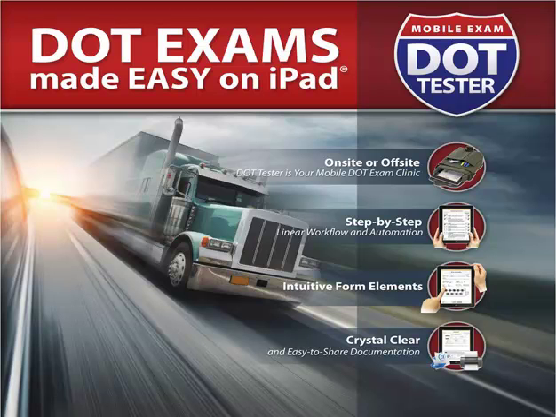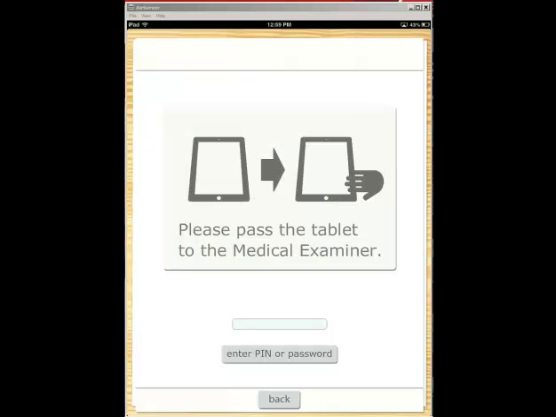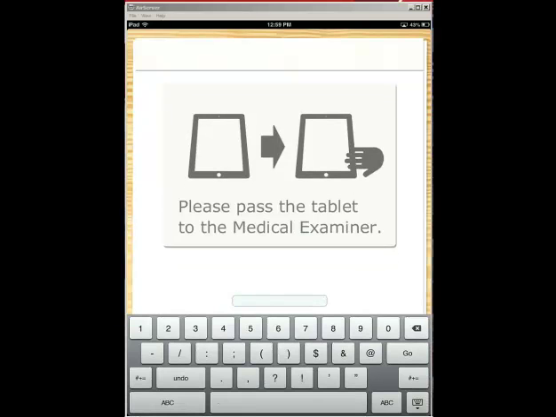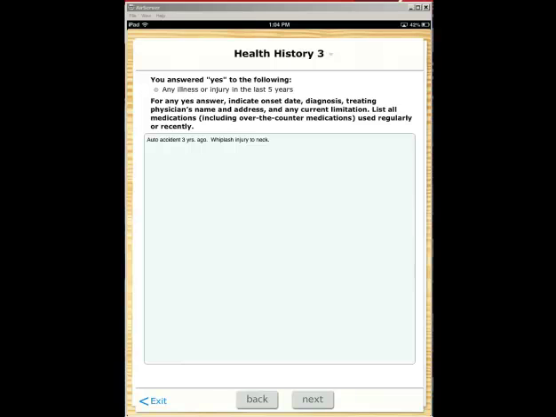Let's begin at the section where the driver has finished their intake and has handed the iPad over to you to complete your section of the exam. When the driver has finished the questionnaire, he'll be prompted to pass the tablet over to the medical examiner or the front desk staff. You simply type in your ID number, press go, and it'll take you to the health